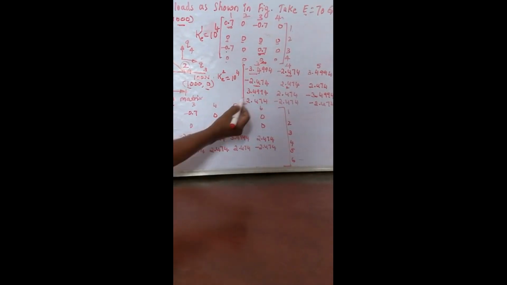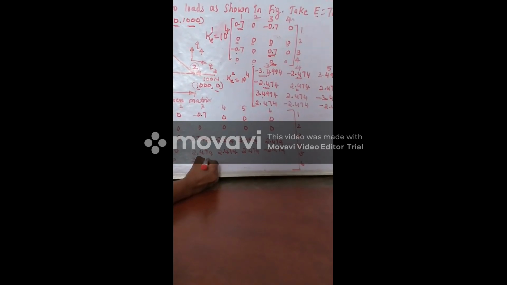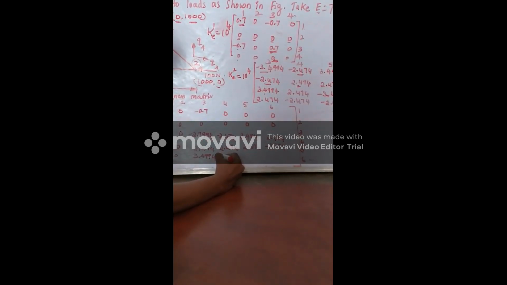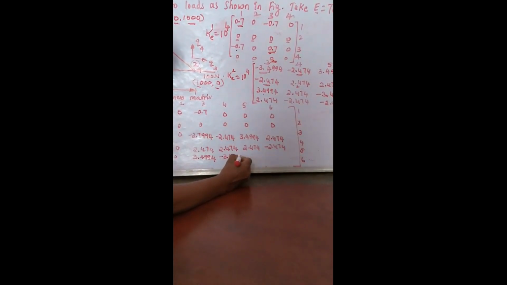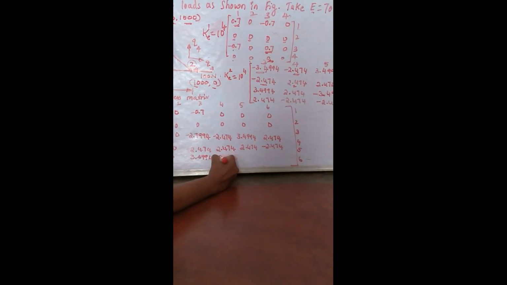Now 1 cross 5 is 0, 2 cross 5 is 0, 3 cross 5, this is a value 3.4994 and minus 3.499, sorry, this is 2.474